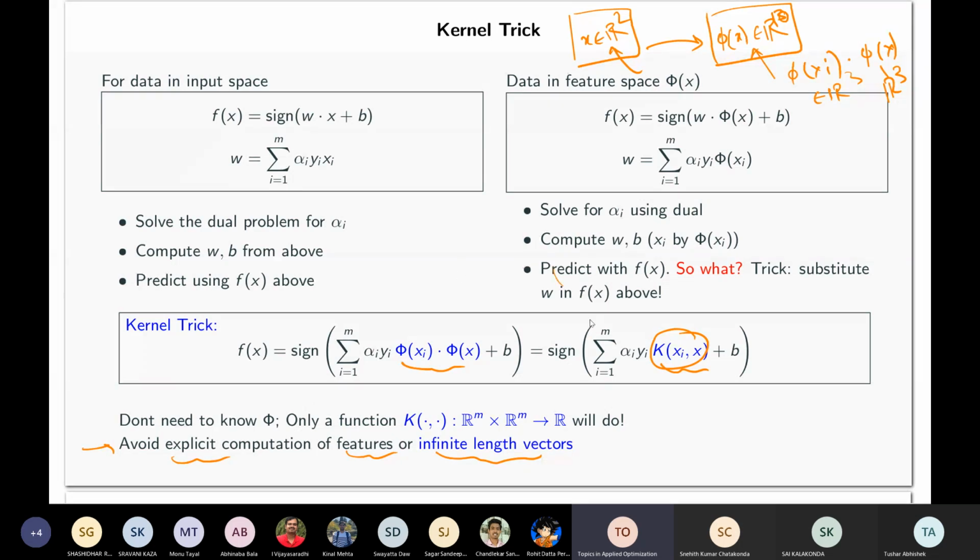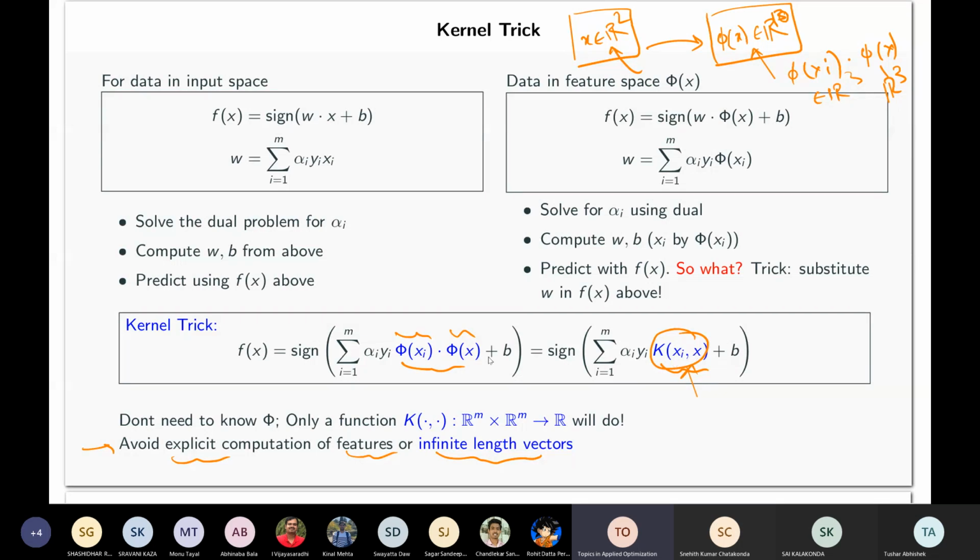So we do have to move to a new space. Why? Because we want the data to be linearly separable. But if we do that, then we get this model, and in that model we found that we are supposed to find dot products. Finding the dot products is not easy, especially if the new feature space is higher dimensional. So we want a trick such that the dot product can be computed only from the original space